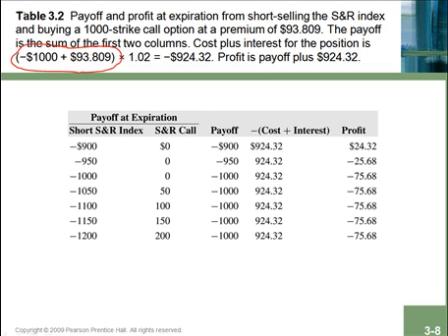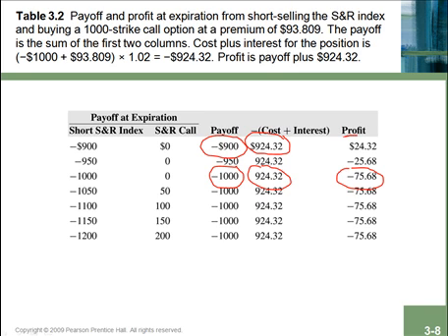For example, if the stock index ends up staying at $1,000 and ends up there on the expiration date, well, then you still have your $924.32, and then you also have to buy back the stock for $1,000 at that point in time, giving you profit on this position of negative $75.68. On the other hand, if, as you were hoping, the stock index falls in value, then you still have your $924.32, the proceeds from the initial position plus the interest that you earned, and then you have to buy the index back for just $900, leaving you with profit of